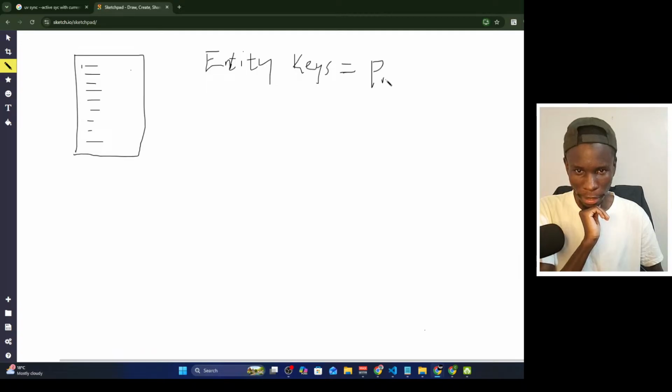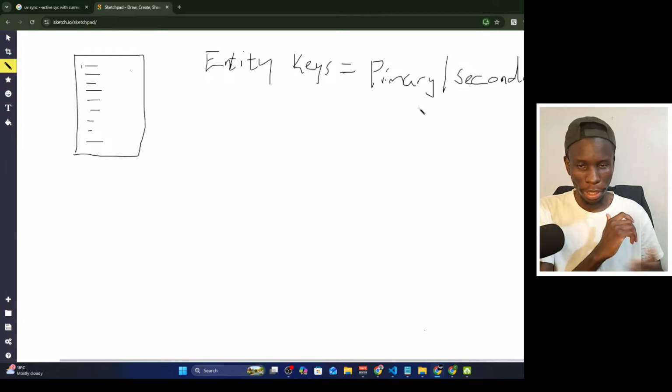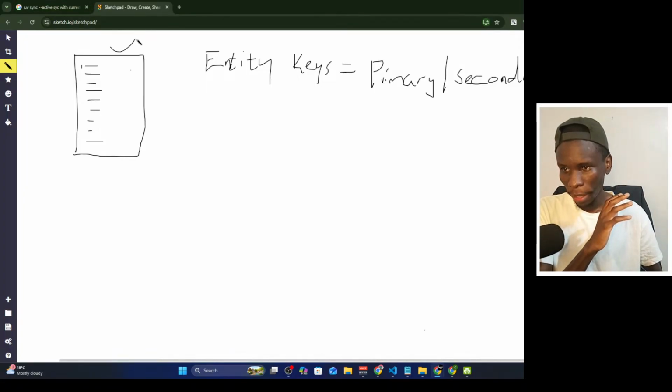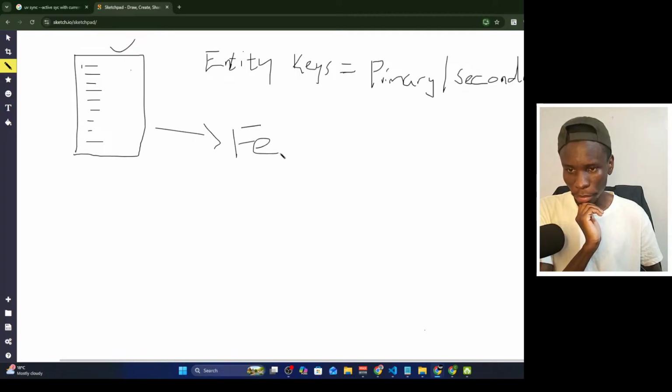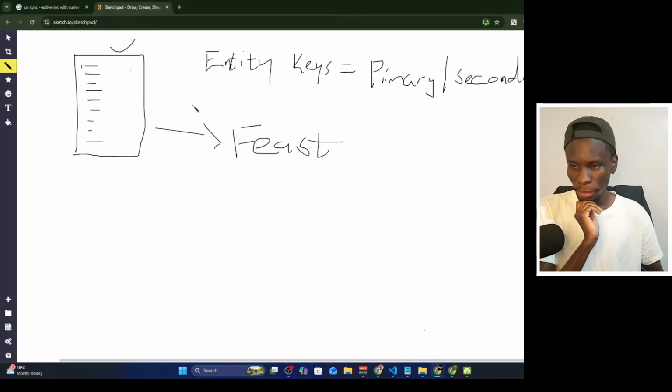It can be primary in one table, or it can be a secondary key. So you're telling Feast, go look for these features. So this is my recipe, and you are passing this recipe to Feast, telling Feast, go look for these features, and